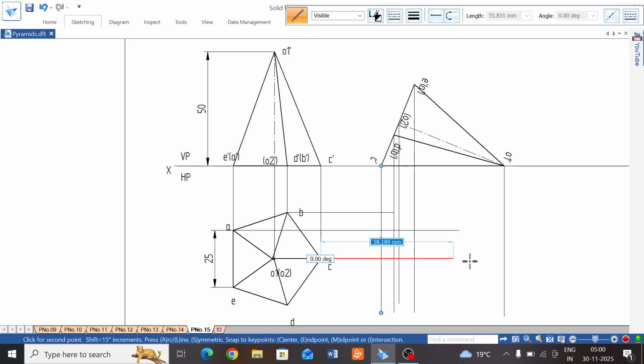C and O same line, C and O are same line, O2 also same line. And next E point is there, the point is up to E, and A and E are same line, 0 degree, you can see here. And next D point is there, select D, and this is the D line, you can show it,